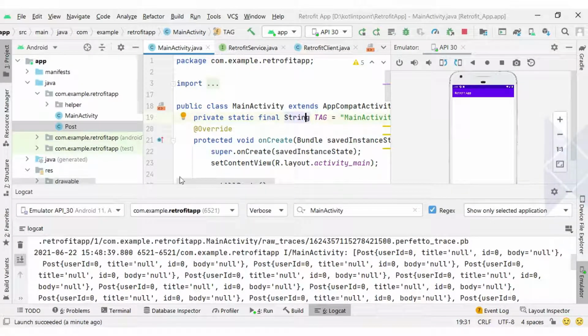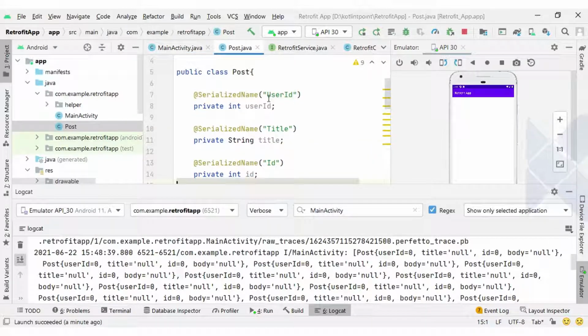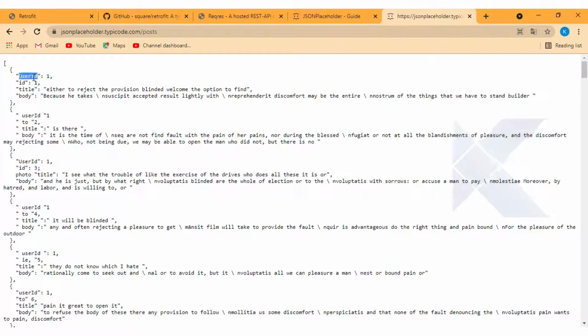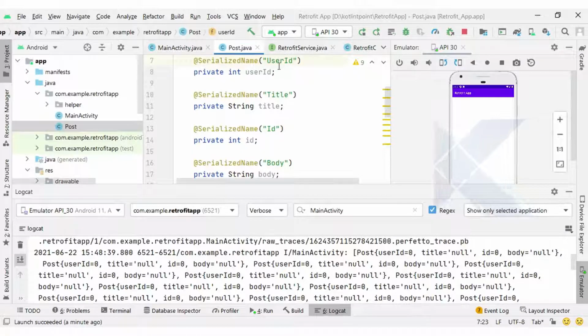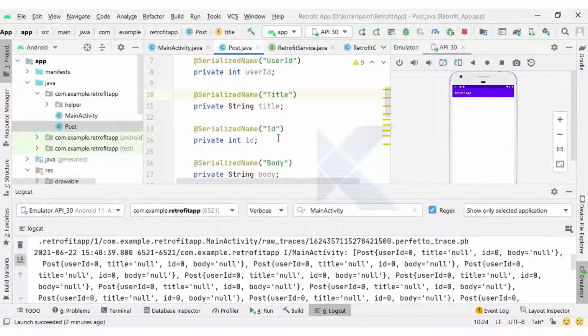The reason behind this is that inside our Post class you can see we have SerializedName with userId, Title, Id, and these names are not matching our JSON data. userId is okay, but in title you can see it has a capital T, whereas in our response we have a small t, with id we have a small i, and with body we have a small b.